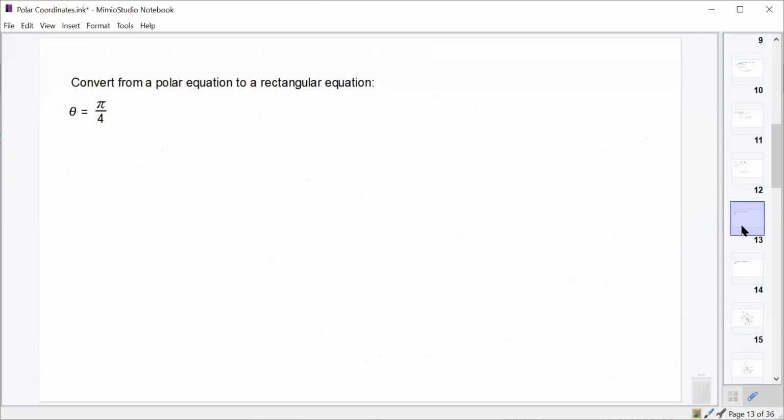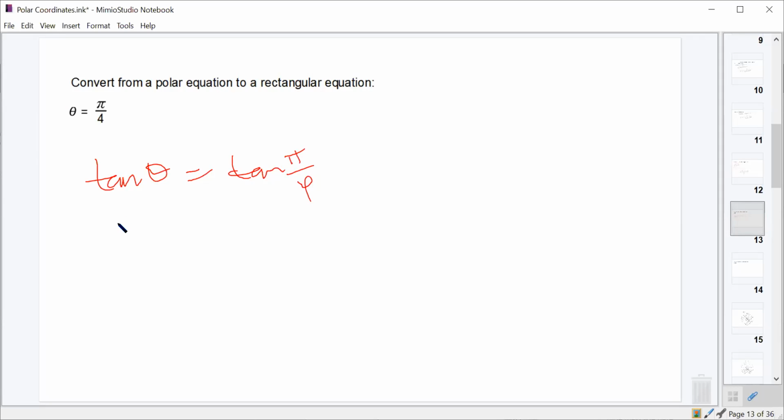A line along that angle. Yeah, it should just be a line along that angle, and it should extend not just along pi over 4, but also coming out the opposite side of pi over 4. So for any positive or negative r value. And we should be able to figure out what that equation is in rectangular coordinates. What do you think we would do to do that? Take the tangent of both sides. Yeah, if we take the tangent of both sides,